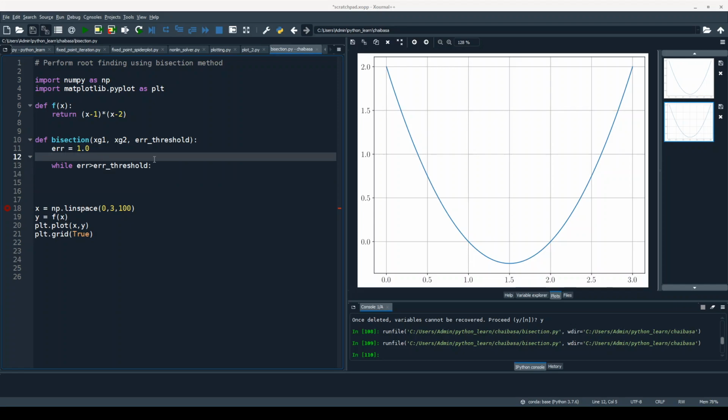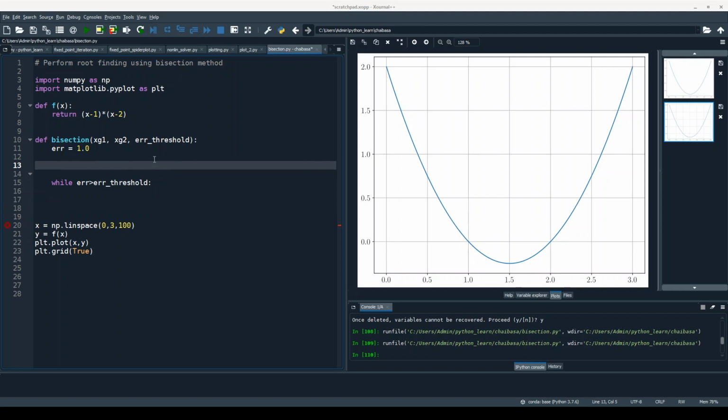Before entering the loop, we should check which is x positive and x negative. So we define x1 as the value of fx where it is negative.